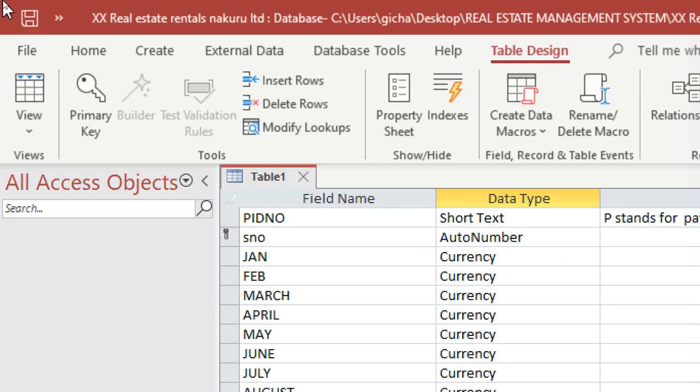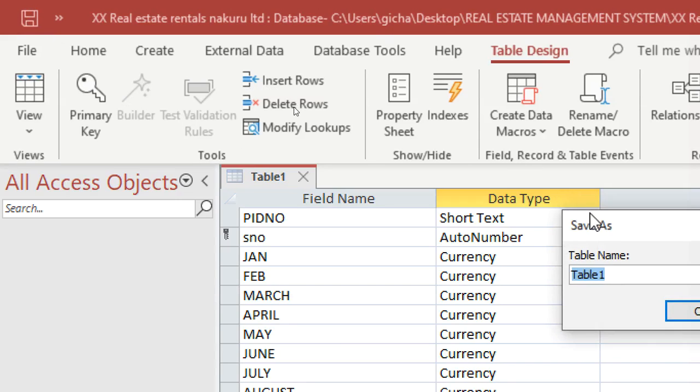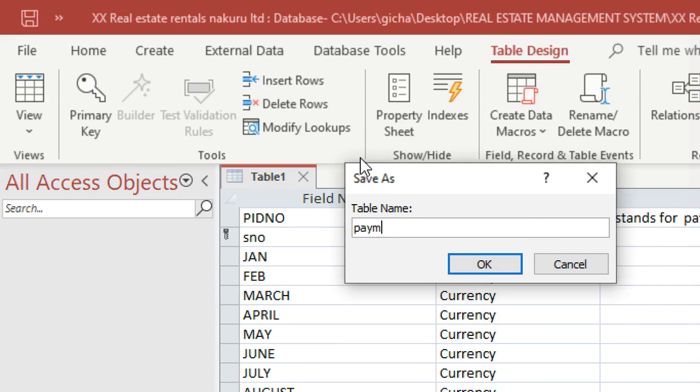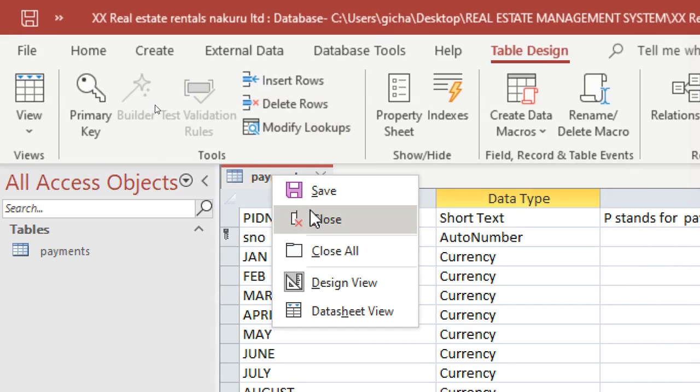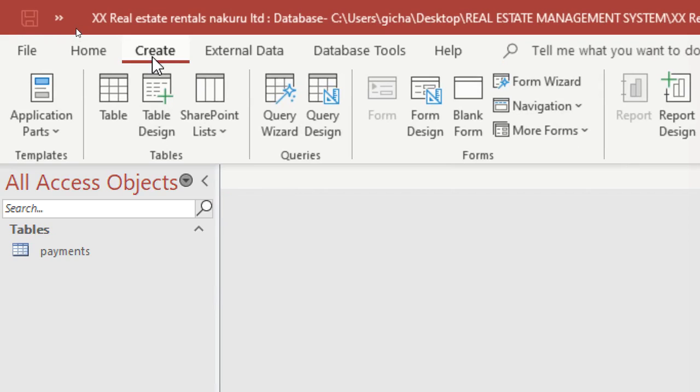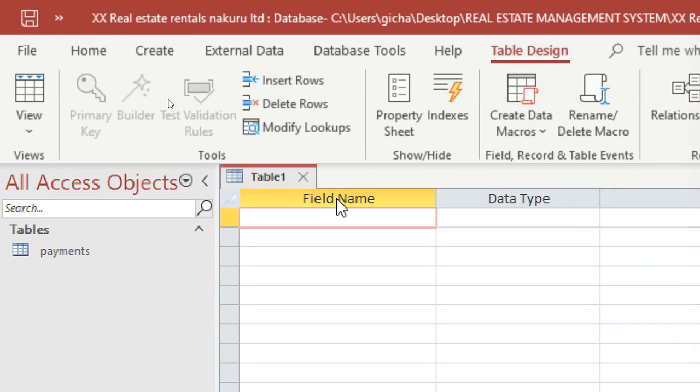So I just go to save, then this table of mine will be called payments table. After having done that, I right click and close that, then I go to create, then again table design. This time round I'll be creating the tenants table. So we start with the ID number of the client. Right click, primary key,